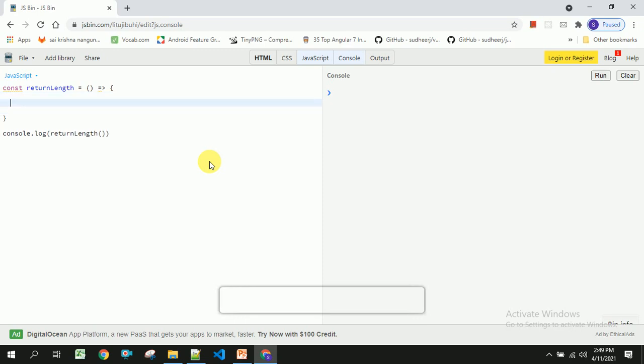For this, first I am going to create an object with some id as 1, name as something.